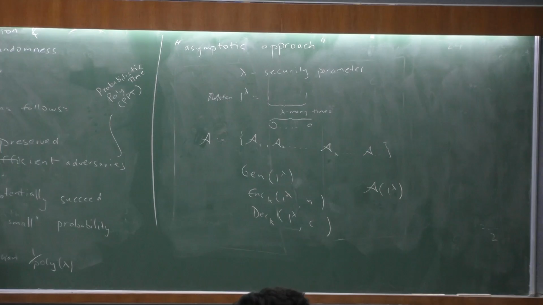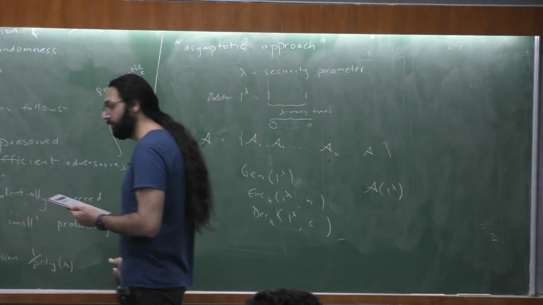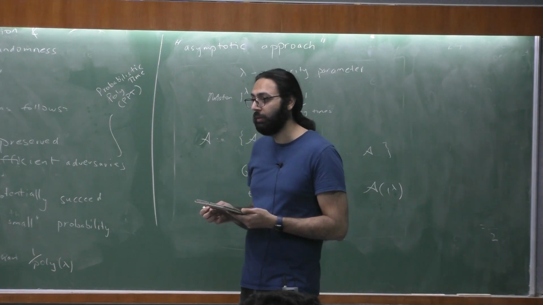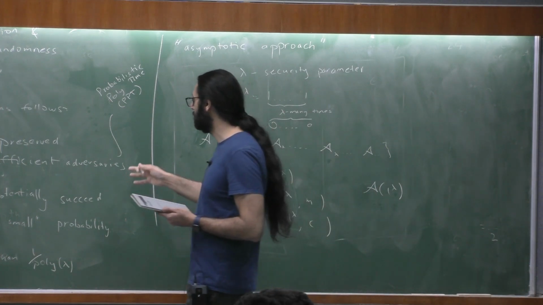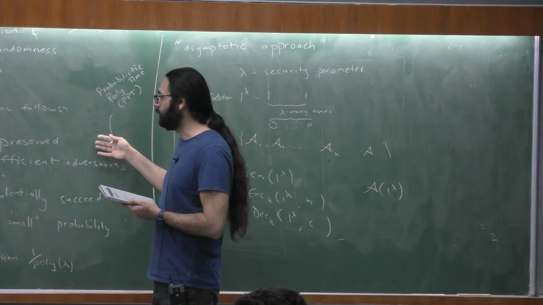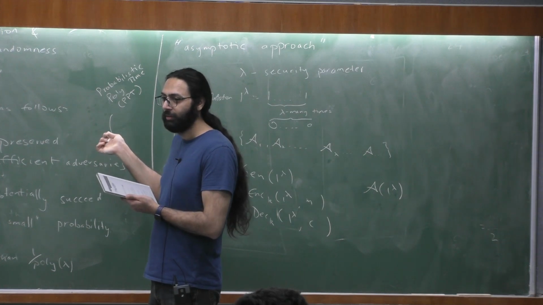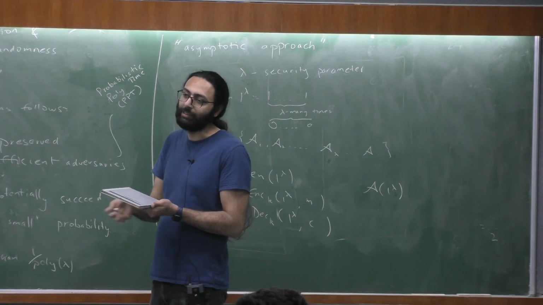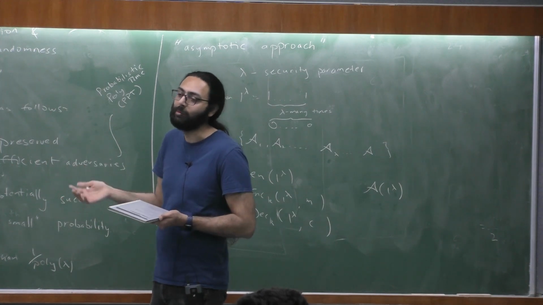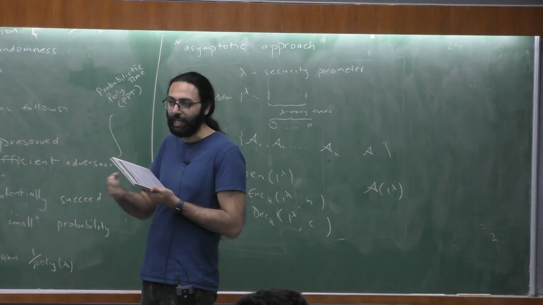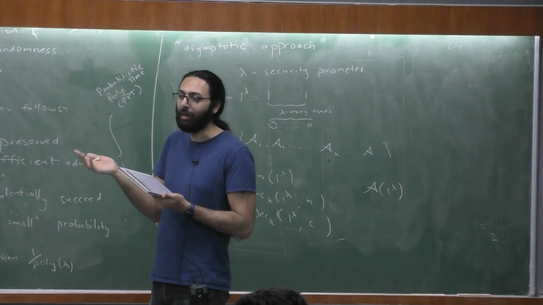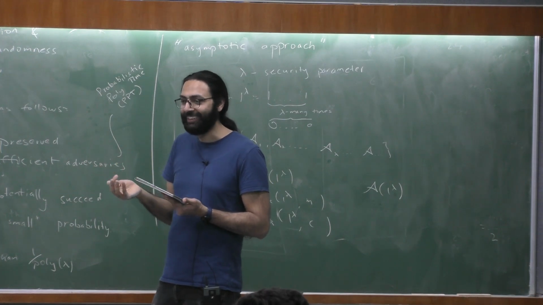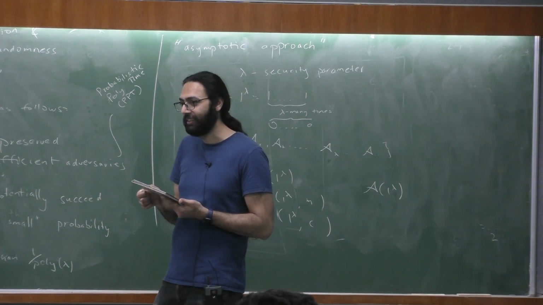So one thing we wanted to do was to formalize these things called negligible. What was the reason that you are not taking exponential here? You can if you want. The reason is basically that you expect efficient algorithms in practice, the way you formalize it, to run in either a linear time algorithm or a quadratic time algorithm, things like this. So people just formalized any power, as long as you can run it as some power of polynomial, I'll call it efficient, even though that's not necessarily true. And why is this smaller than 1